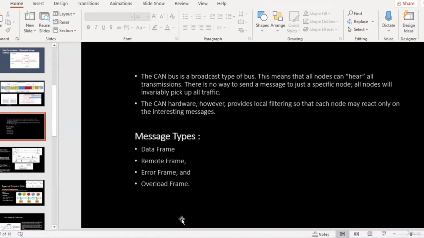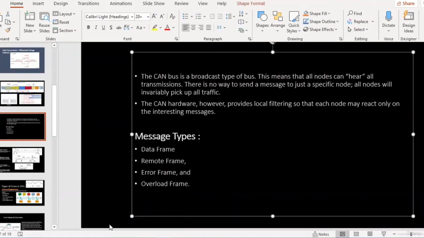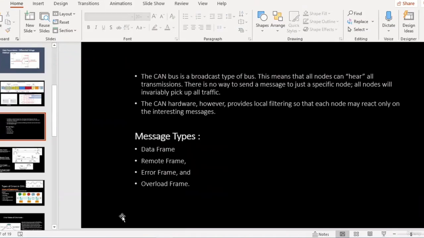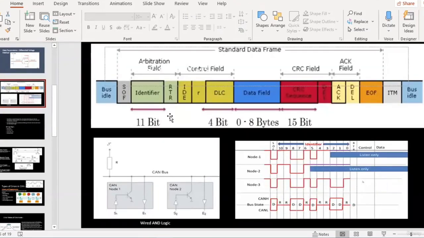That means the information from one node to another node is cyclically transmitted at every particular instance of time, mostly 20 or 50 milliseconds. So what I'm trying to say here is that any frame in which the data is going from one node to the other node is called a data frame.